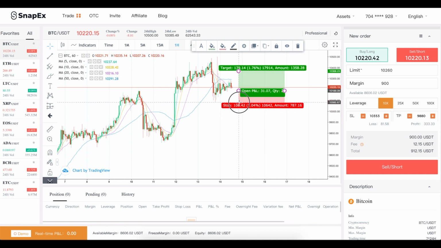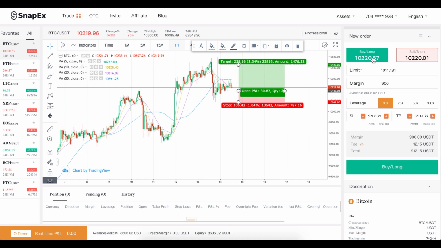You set your stop loss somewhere around here. You set your profit somewhere around here. So what you do is you're setting up your positions like this. That would be 10,180 roughly, and let's say 81. And then you set up your margin. This is the amount of the capital you will allocate to the trade, including your leverage. Let's say we set the leverage to 10, and then you see here is your loss. So if you set a certain stop order, your loss will be